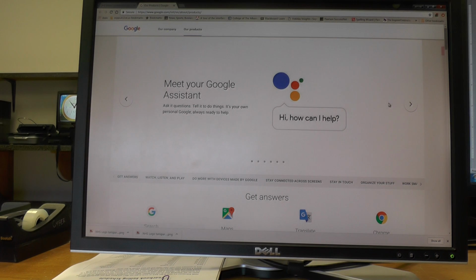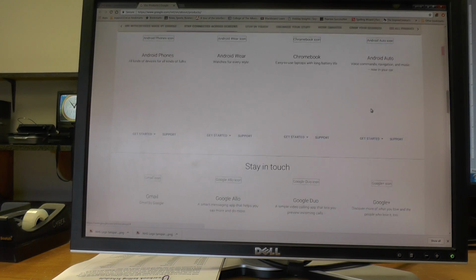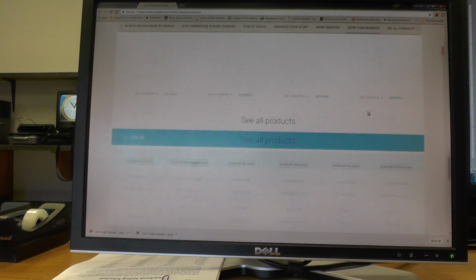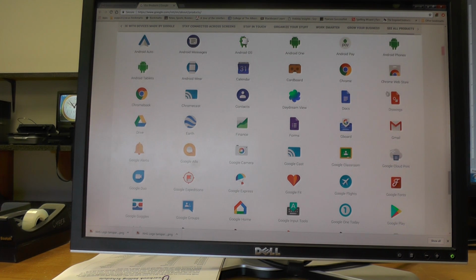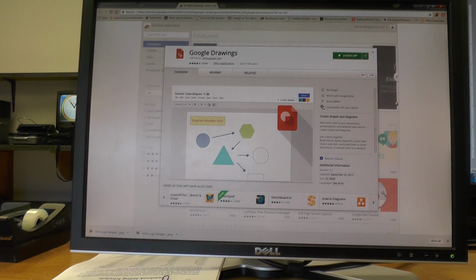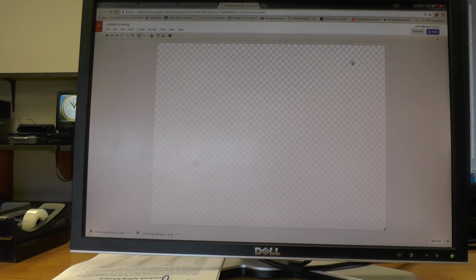And in this great big long list, if I scroll down towards the bottom, it will give me a list of all the products that Google offers, and in here is a little red icon called Drawings, and I'm going to click on that and just tell it to launch the app. Okay. So this is a Google drawing board. I get to title my document as I always do. You can see it's got a checkerboard background here, so that means that it's going to